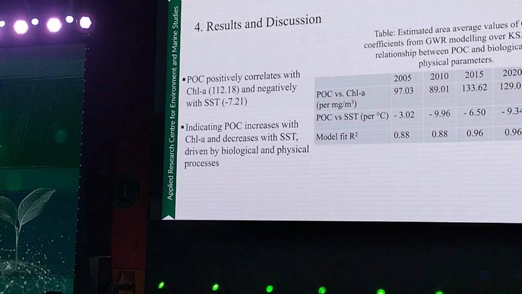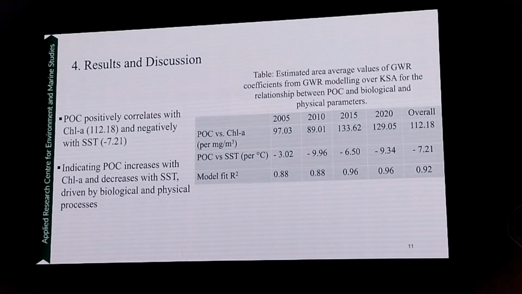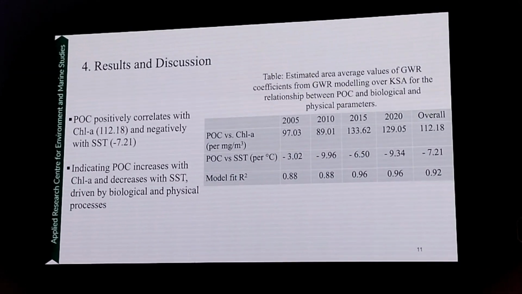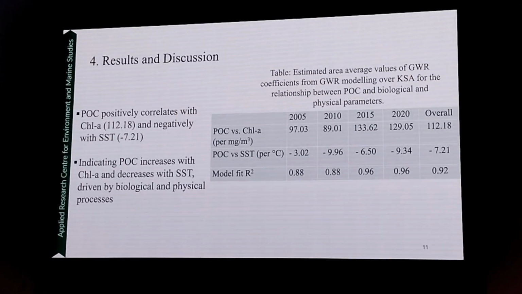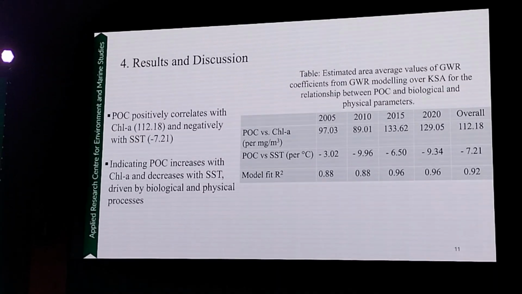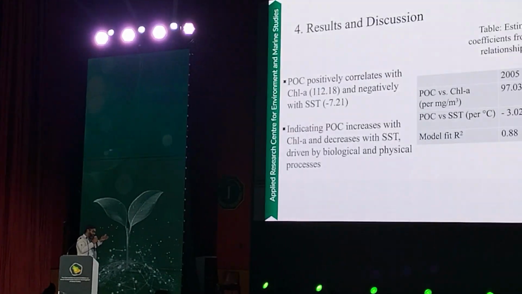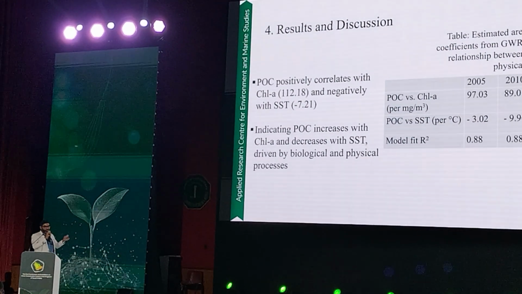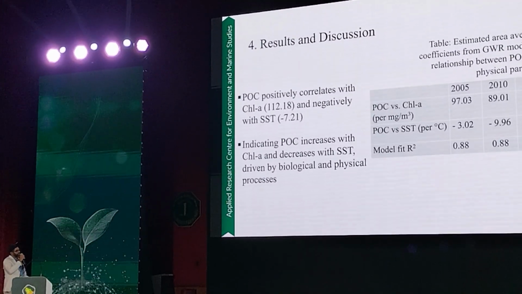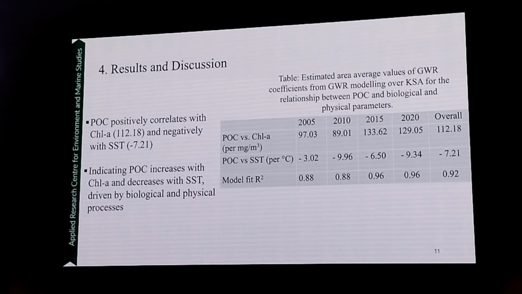Finally, we would like to check the relationships between the particulate organic carbon and the biological parameter, that is the chlorophyll, and the physical parameter, that is sea surface temperature. In this modeling, we did it at a large scale, and we have lots of layer results and spatial distributions. As this work is not published, we did not share lots of results here. There's a final focus. You can see